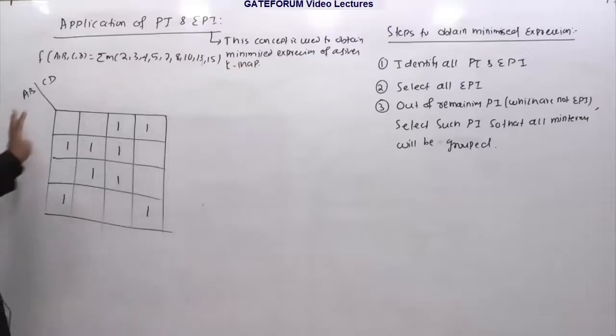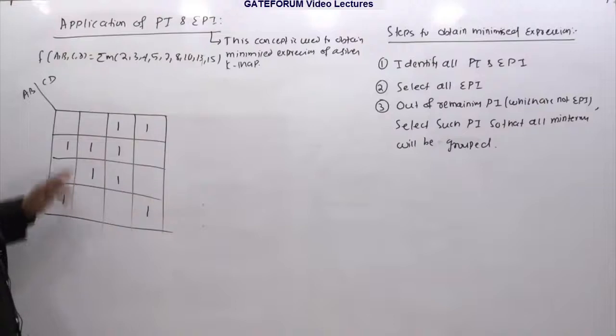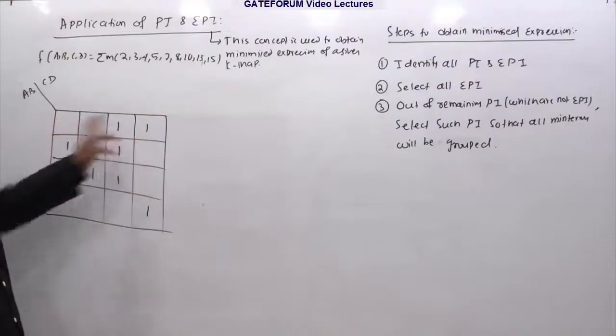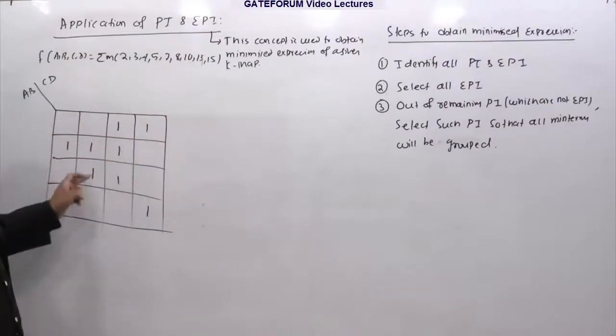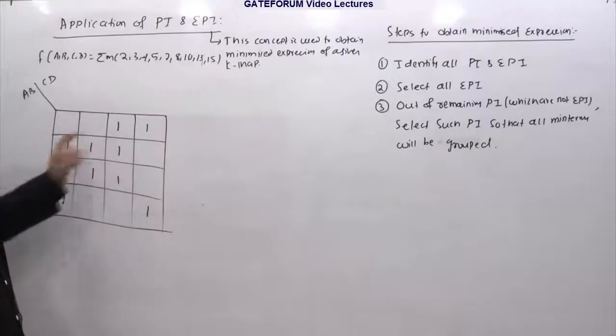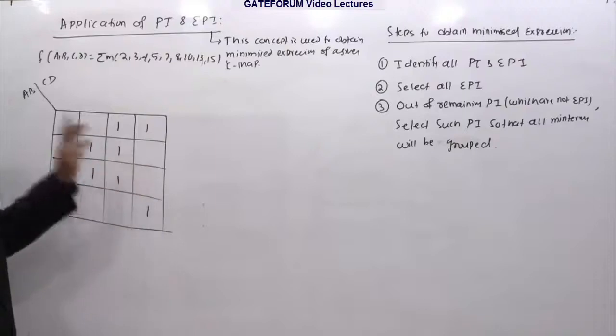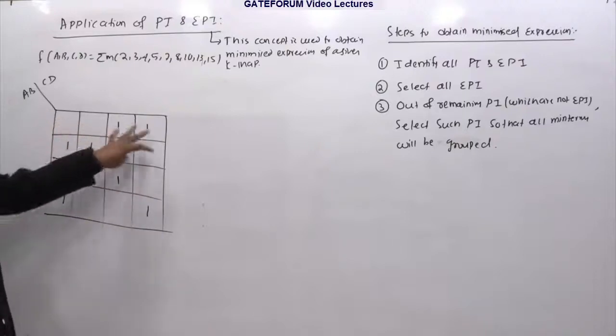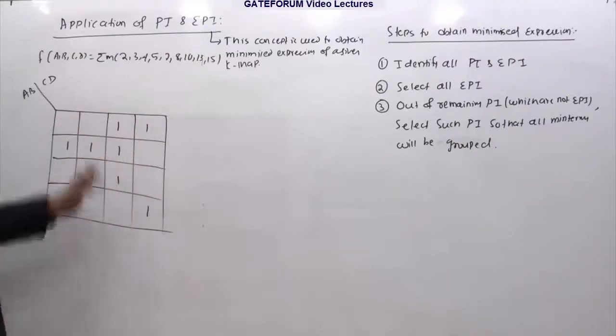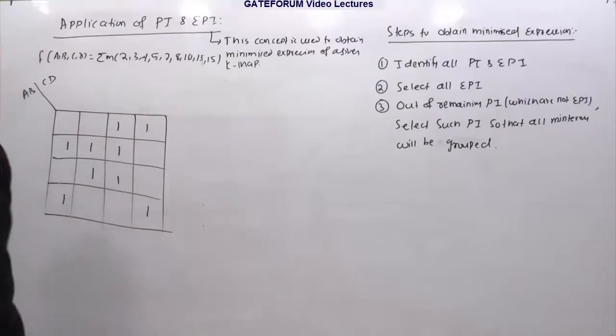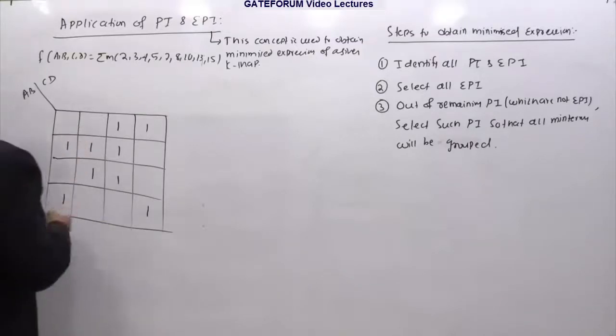So I have substituted the corresponding minterms in the corresponding places. Cell numbers 0, 1, 3, 2, 4, 5, 7, 6, 8, 9, 11, 10, 12, 13, 15 and 14, right? So I have plotted this K-map. Now in this case, you have to find out these PIs, EPIs and hence the corresponding groups to obtain the minimized expression. So I should try for an octet.